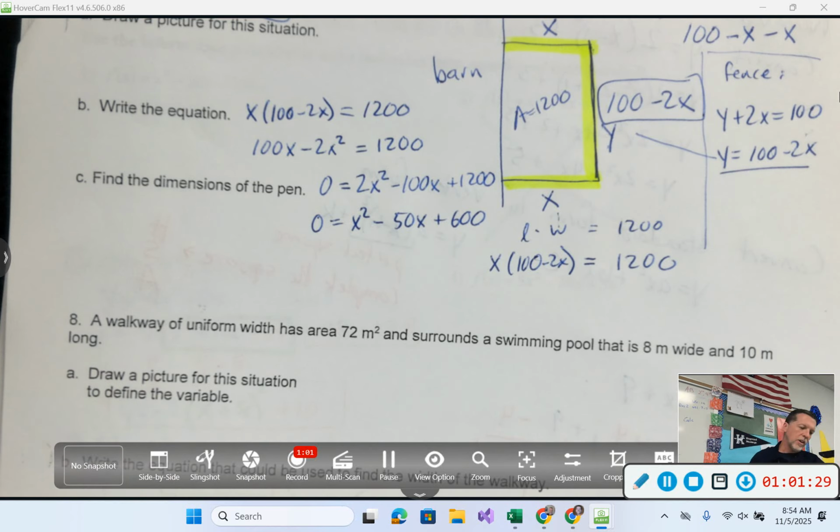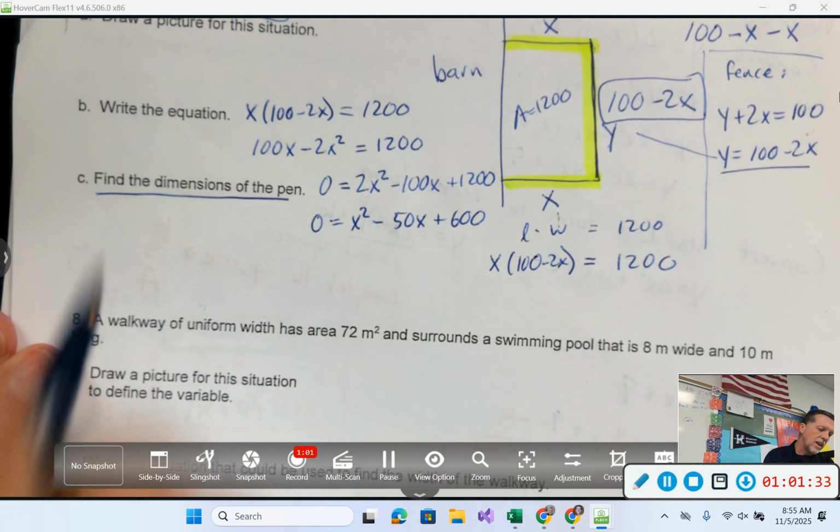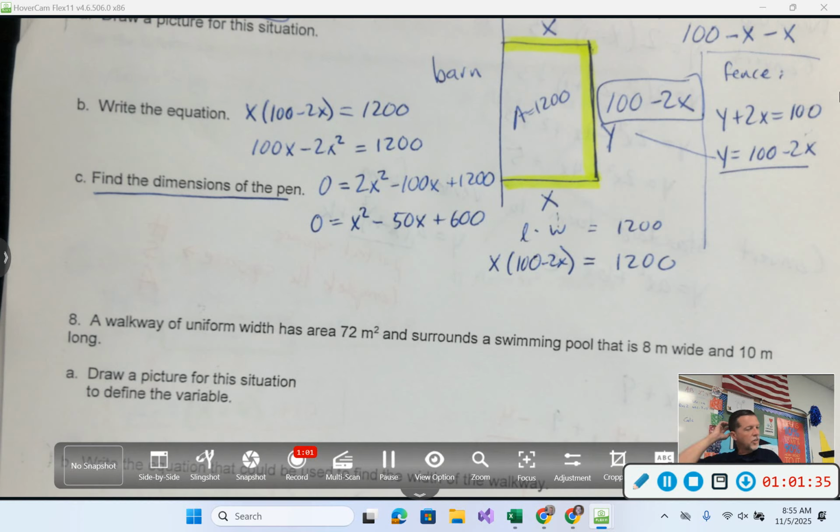So now you're ready for the quadratic formula, and then make sure you find the dimensions of the pen. And that's all there is left for today. So if you can do that in 5 minutes, then you're done. If you can't do that in 5 minutes,